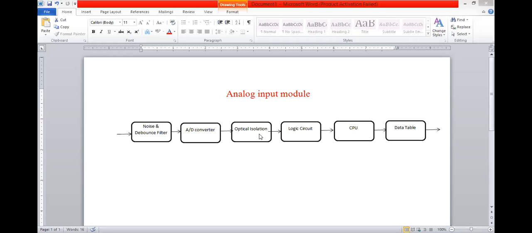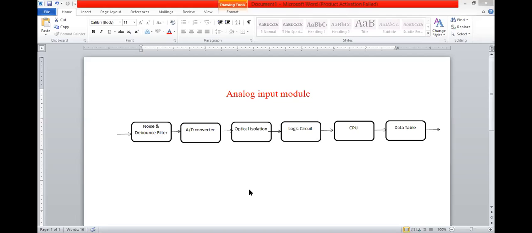So optical isolation is between the input device and the PLC. There are optocouplers. What does an optocoupler do? Generally, LEDs and transistors are there.